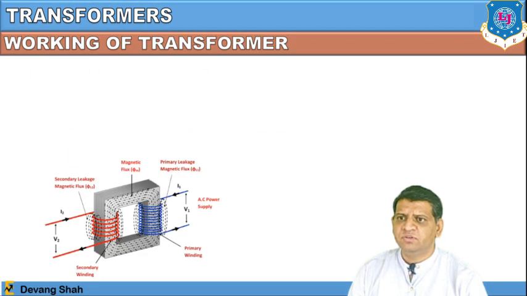So let us first start with the working of a transformer. There are two windings, primary and secondary. Once you apply the AC current to the primary winding, magnetic flux is generated in the core, and because of this magnetic flux, it links with the secondary winding and also induces E.M.F in the secondary winding. This is the basic principle behind the transformer,